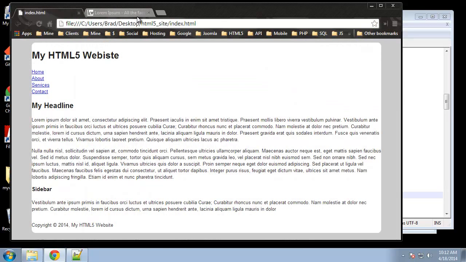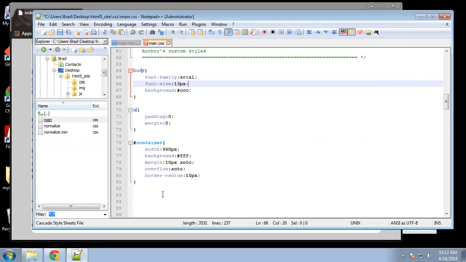So let's go back to our CSS, and first let's do header, and of course we want the main header. Basically this is saying we want the div with the ID of main inside the header tag. And what we want to do is just add some padding. So I'm going to add 10 pixels of padding,